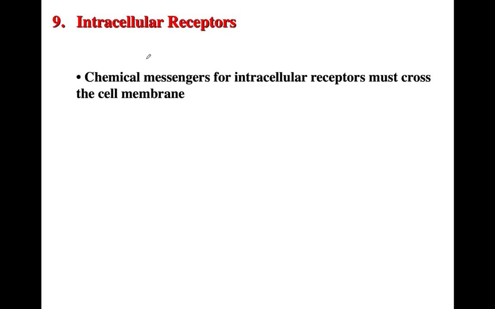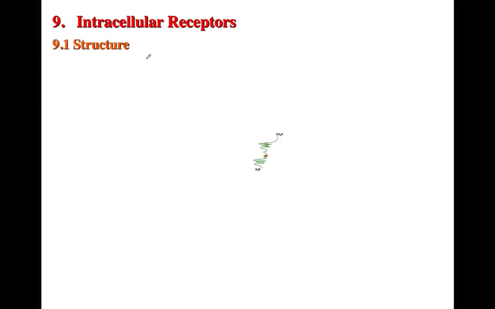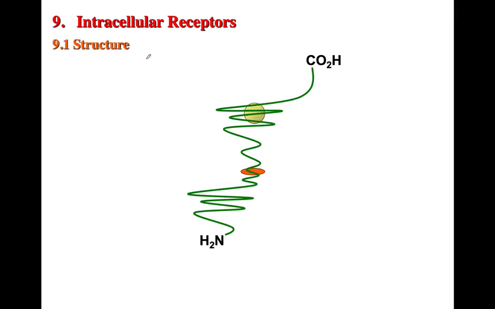Now, to complete our conversation on receptors, we will include the intracellular receptors. So in this particular case, the chemical messengers have to cross the cell membrane. Those chemical messengers have to be hydrophobic so that they can cross the cell membrane. So examples are steroid hormones, and the structure of those hormones